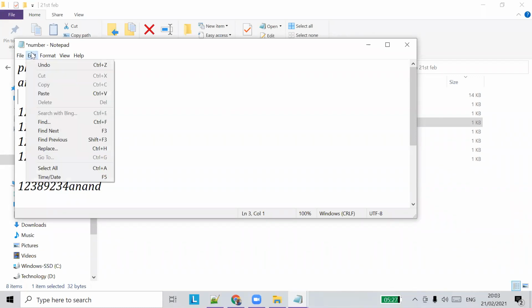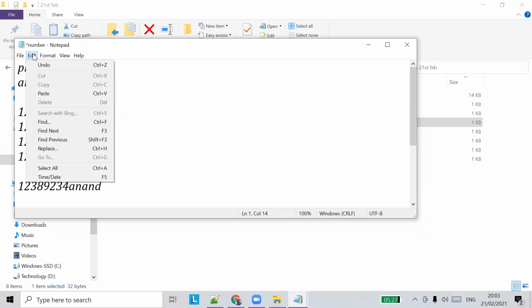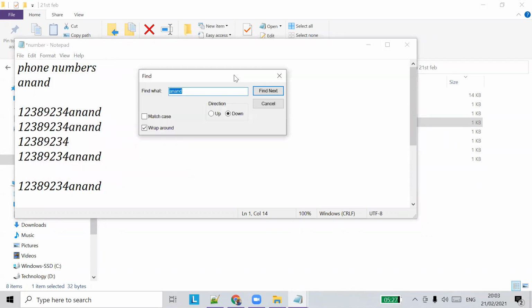So apart from that, we saw how to find and find next also. If I want to find Anand, I'll use file, find. I will search for Anand. I can just say find next, find next, find next.